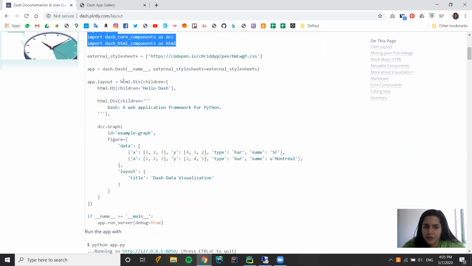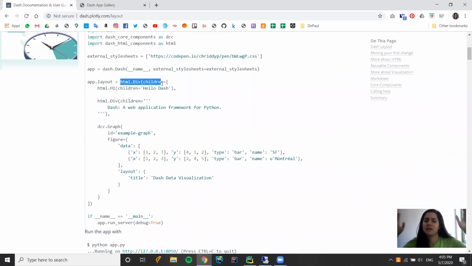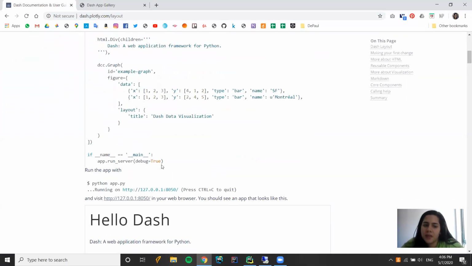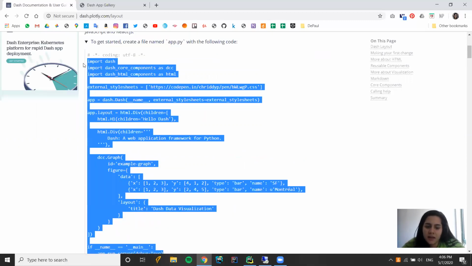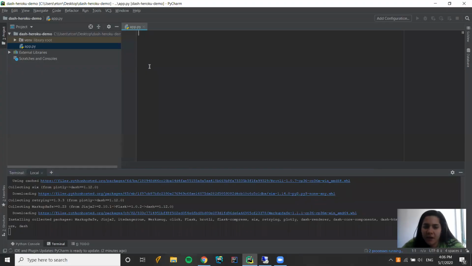And basically, this is like HTML, the same kind of children-to-parent structure, like a drill down. So you have a div, and then inside the div you have a header, another div, and a graph. And in the end, if you've ever worked with Bottle or Flask, this is very much the same. So if we copy all this and put it in our app.py,